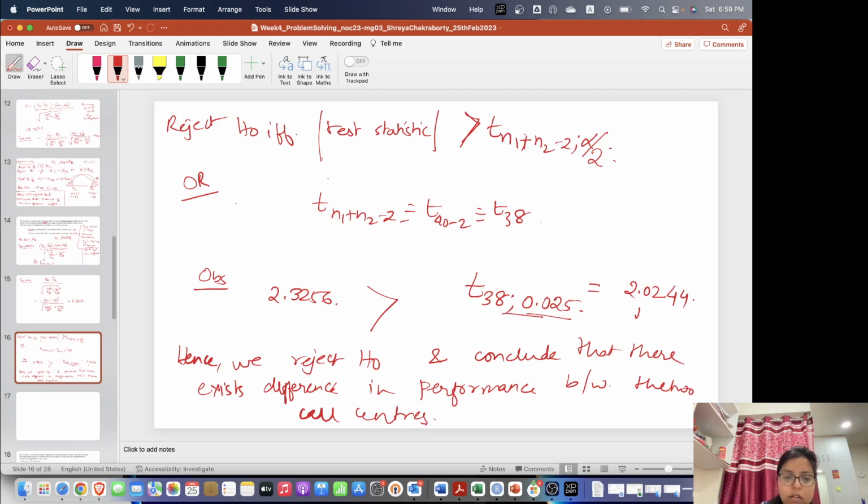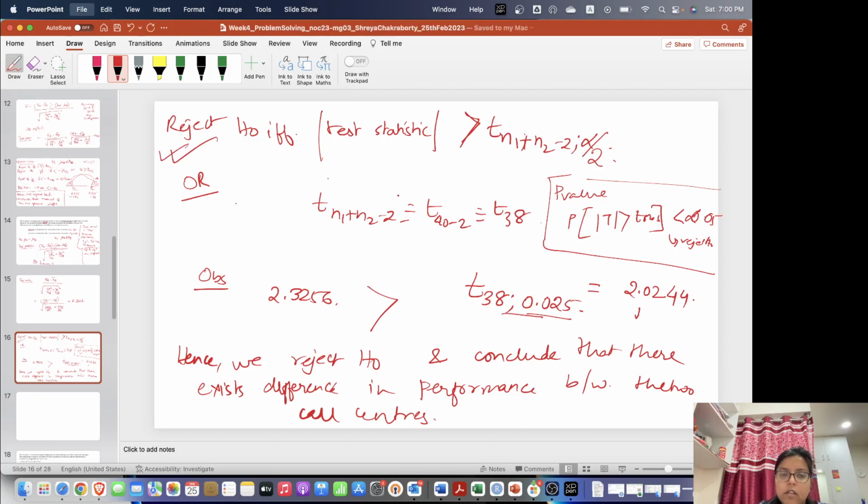Is it okay? If we wanted to use a p-value approach, then we had to calculate the probability of mod t greater than our t observed. If this is less than alpha, that is 0.05, then we would have rejected H naught. But I think this one is easier. Okay, shall I proceed to the next one? Any doubt here? No, ma'am. Okay,